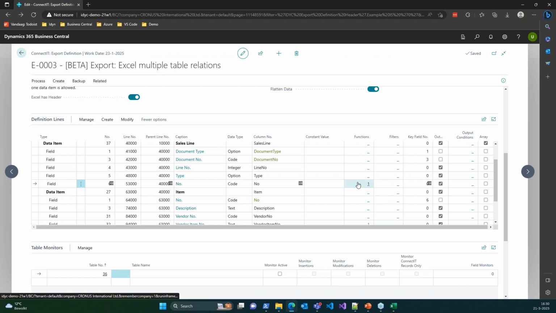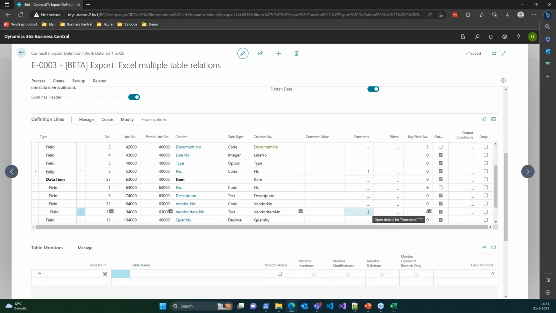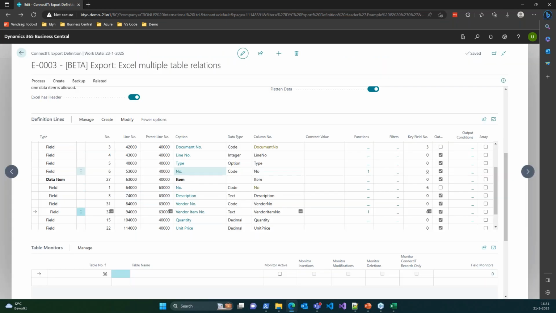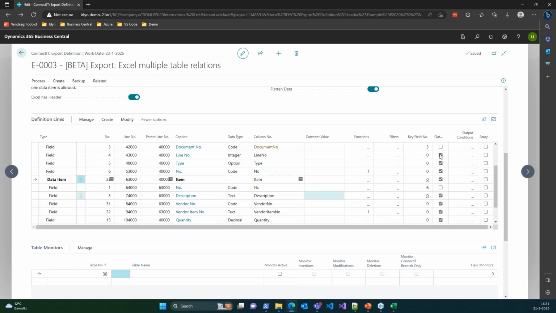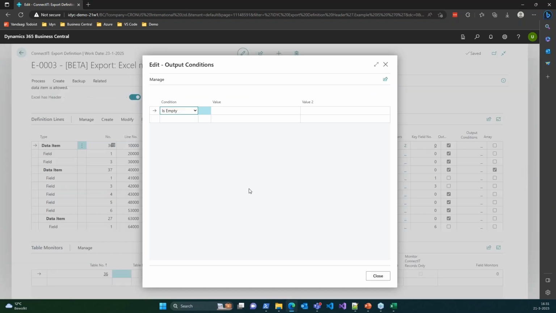So right now what we're doing is we're clearing the temporary value, make sure that's empty. We set it up over here, but that means that the temporary value will only be set for lines that have a record or related record in the item table, and then that's something that we can also use